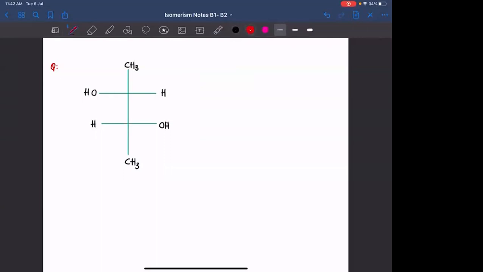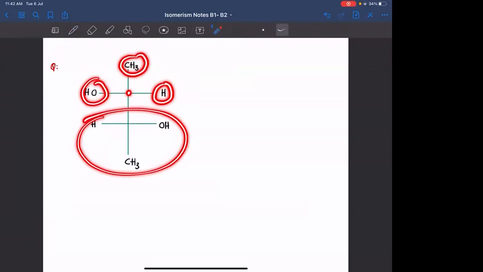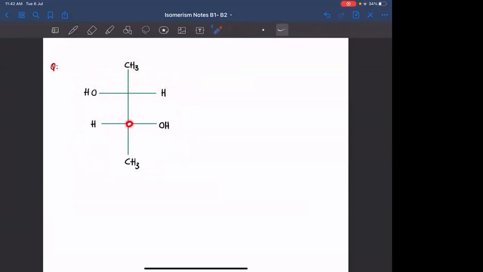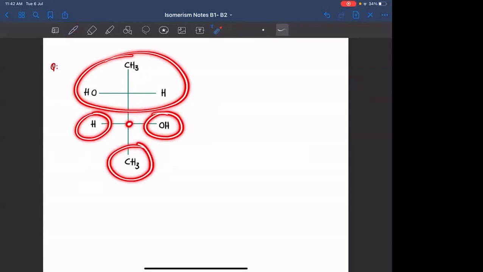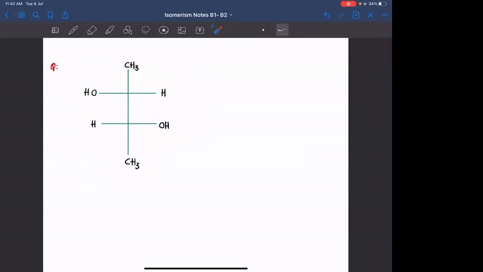please observe once. This molecule has two chiral carbons. You are having a carbon here. You are having a carbon here. This carbon is attached to 4 different groups. 1, 2, 3, and this is the 4th different group. Similarly, this carbon is attached to this group, this one, and this one. This is also attached to 4 different groups. Agreed? So this is a molecule which is having 2 chiral carbons.